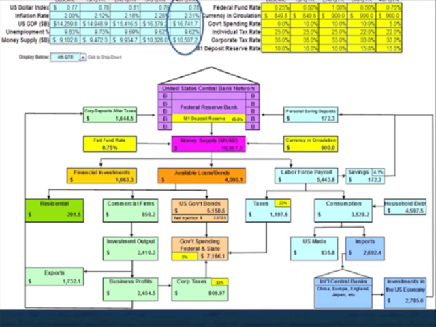The U.S. dollar has improved due to the increase in the federal fund rate, and the growth of the economy's GDP has slowed to a more manageable rate of 2.2%. Unemployment is stable as businesses are not reducing their workforce with consumption spending increasing from lower taxes, and the economy's money supply is also growing slowly at less than 2% period to period. However, the inflation rate is moderately increased as a result of the rapid growth of the GDP from the third